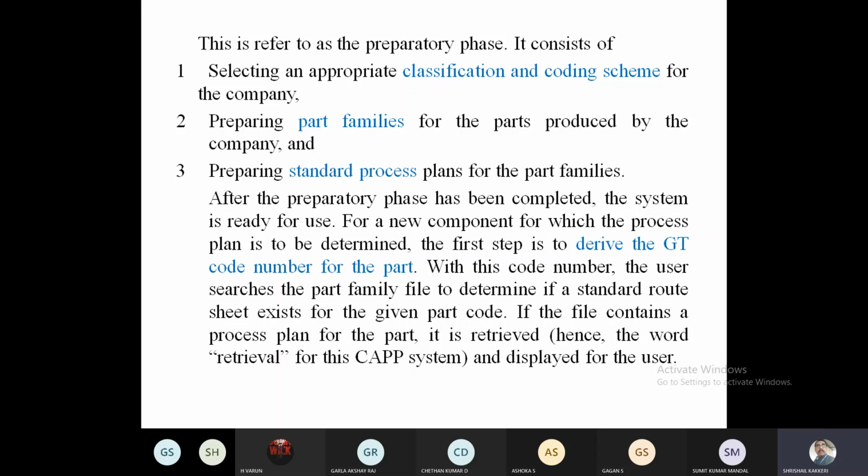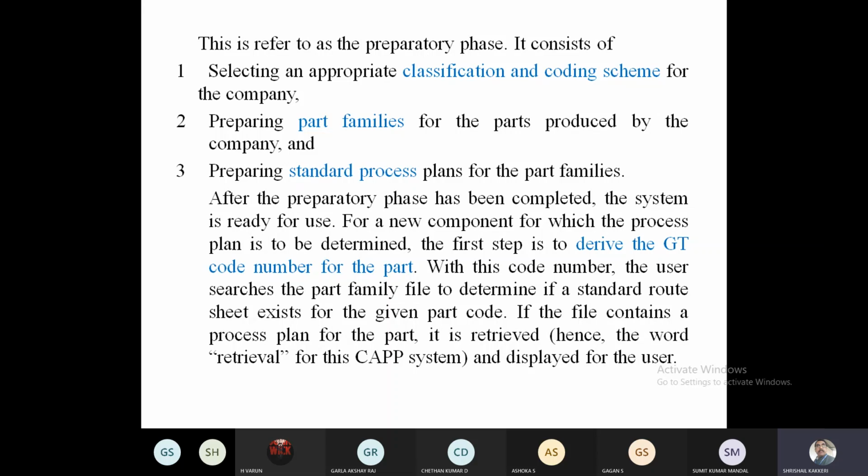The GT code number of the part will be included, and whether this particular GT code of the part already exists in the database or not, that we have to see. Definitely the orders received from different companies may not have the same GT code number for the parts. And if it is not available, what we can do is small editing in the process sheet itself, and reschedule and place it again.